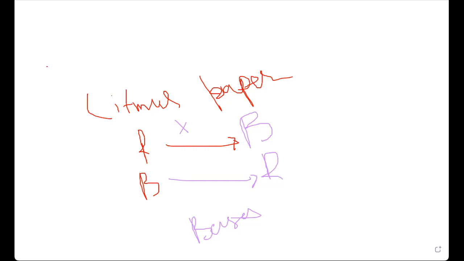Yes. Okay, so the next thing is indicators. So what indicators do we have here? We have